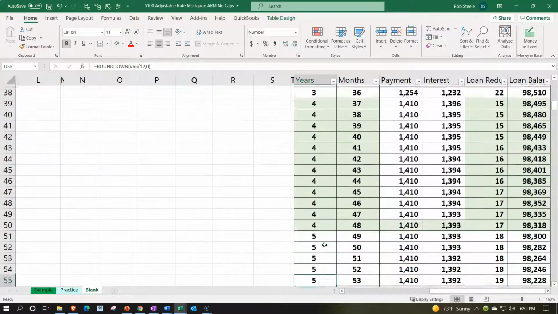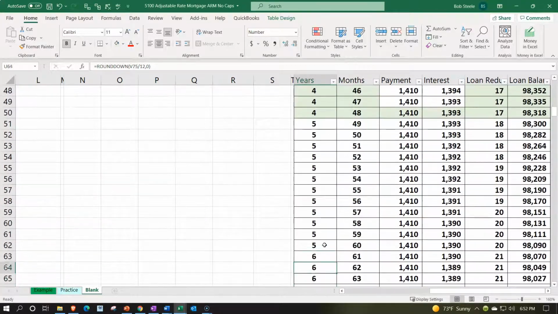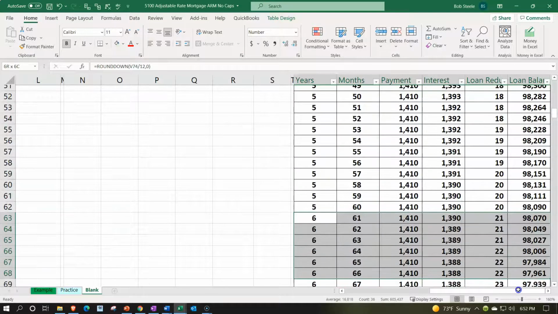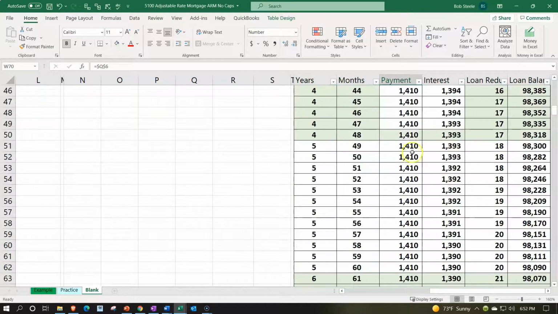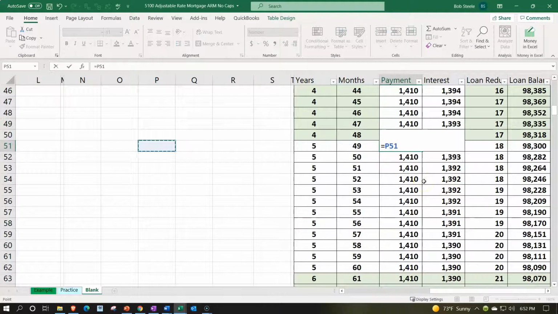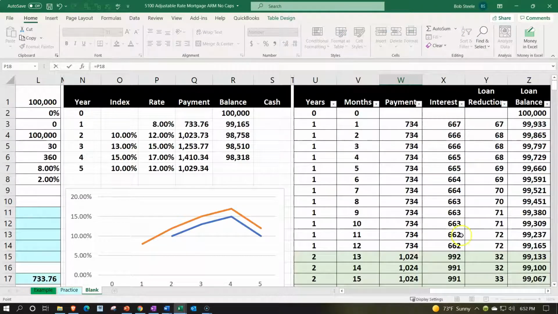Let's bring it on down to year 5. Bring it on down to year 5 here. And so we're going to be down here. Let's make the year 6 green so that we know where we're at. I need to know where I'm at. This is where I'm at right there. Year 5. That's where I'm at. So this is going to be then the payment amount of the